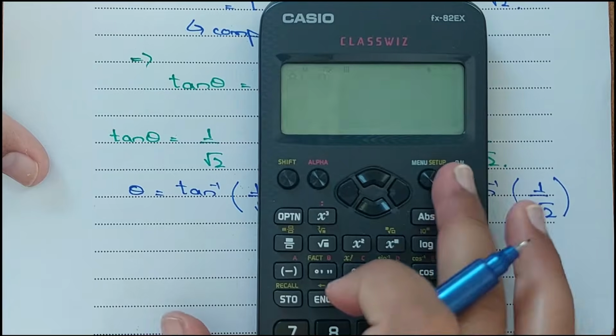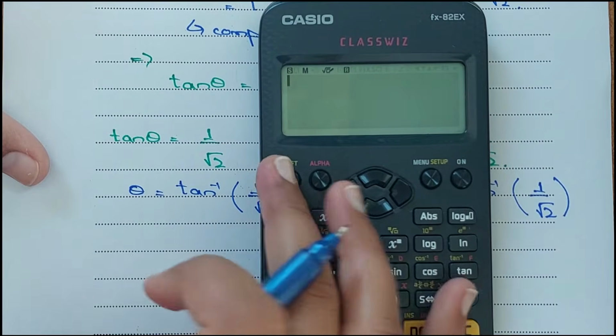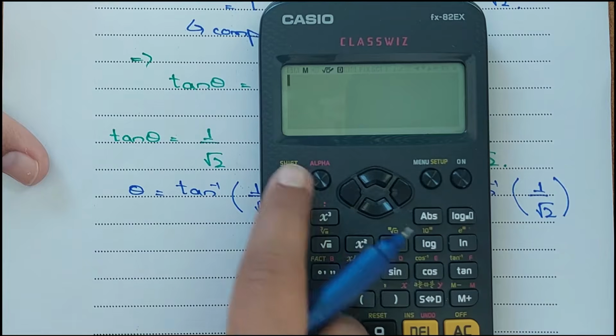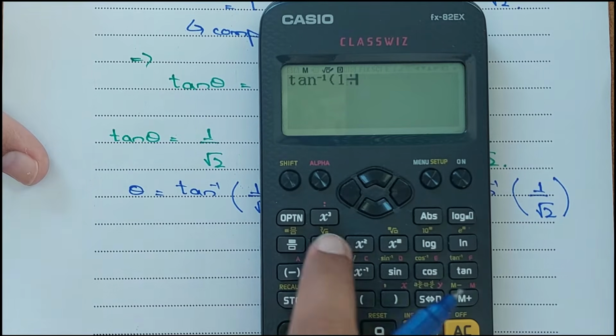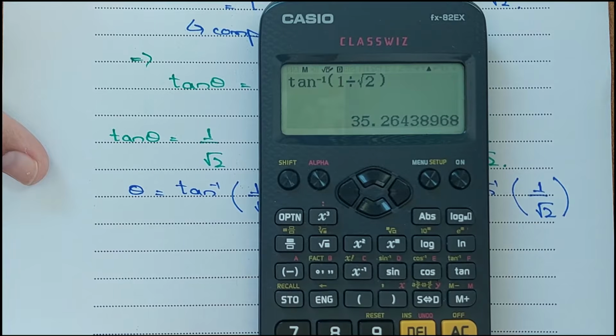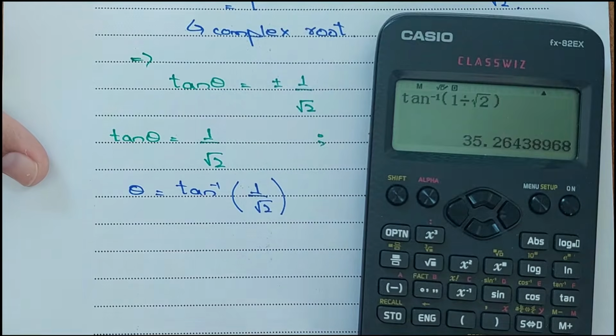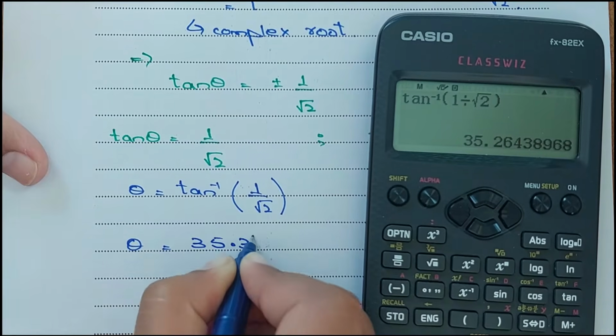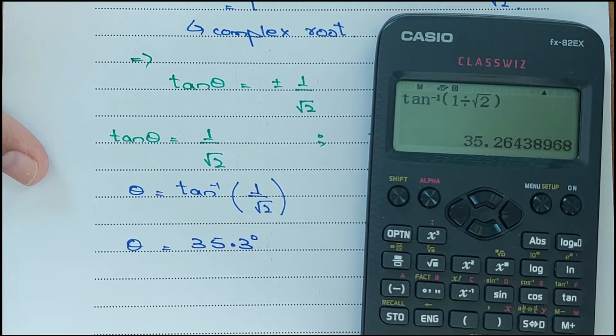Okay, the domain is in degrees, so let me convert my calculator into degrees. So tangent inverse of 1 divided by square root of 2 would be equal to 35.26, 35.3 we can say. Theta is equal to 35.3 degrees. Okay, by using the CAST rule, we know that tangent is positive in the first and third quadrant,